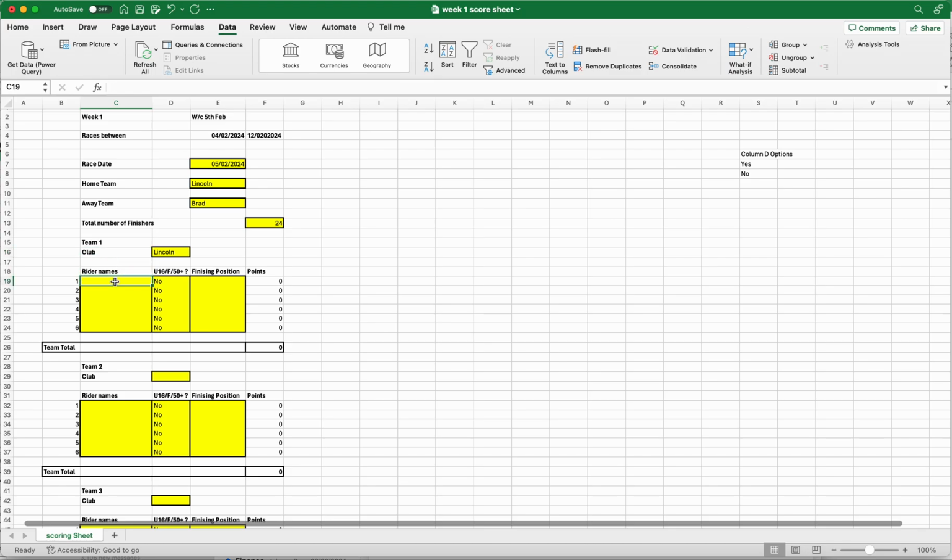Okay, and then what I would tend to do is put in the rider names for each of those clubs. We'll call them A, B, C, D, E, and F in this team, and I won't go through all of them here because it'd be quite dull, but let's make sure that for each of these we select if they are an under 16, a female, or an over 50, then we have the option. So we're going to say that this rider here, yes, fits that category,